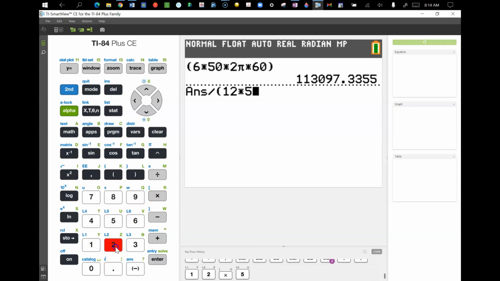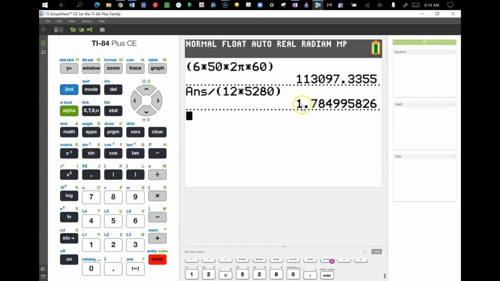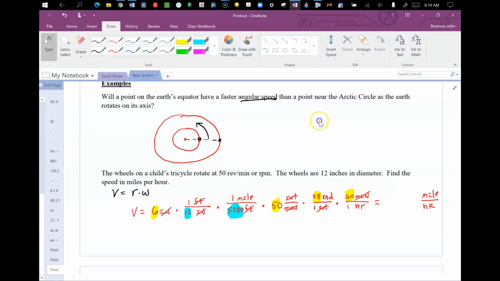times 5,280. So our final answer would be 1.78, and if we go back to the notes, that's in miles per hour. So our final answer for this is that the child on their tricycle would be traveling at 1.78 miles per hour. Please keep in mind that the units have to cancel to get to the final units that you want,